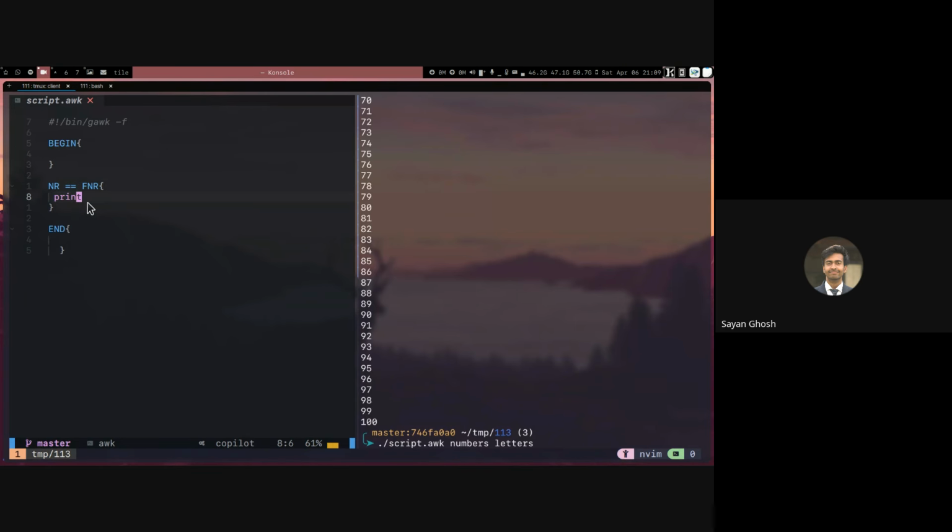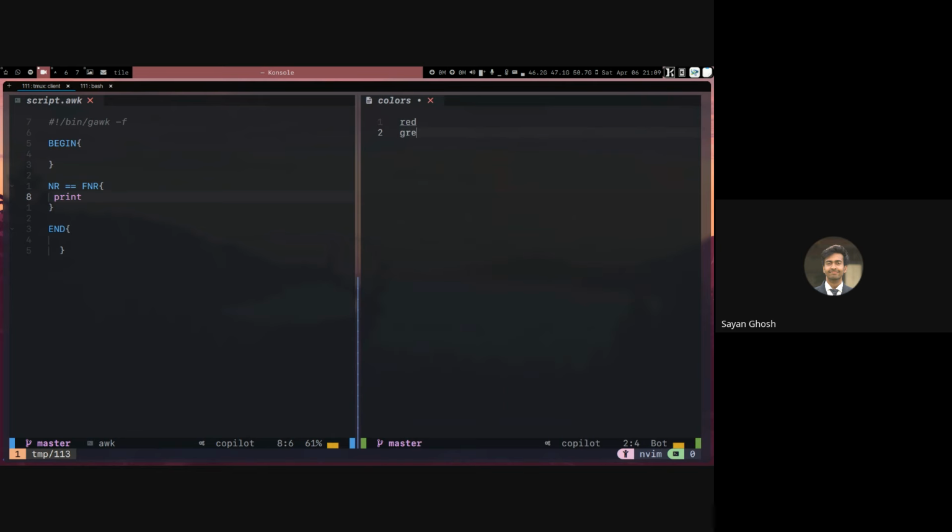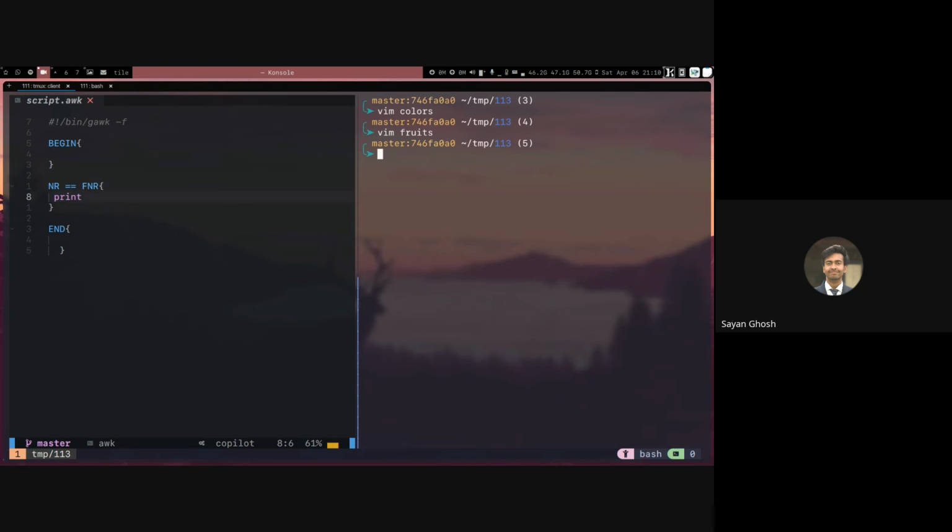Right. So here, let's say now you want lines common in both files. So let me add, let's say, a file called colors. And let me add a file called fruits. And here, if I want to find the lines common between colors and fruits,